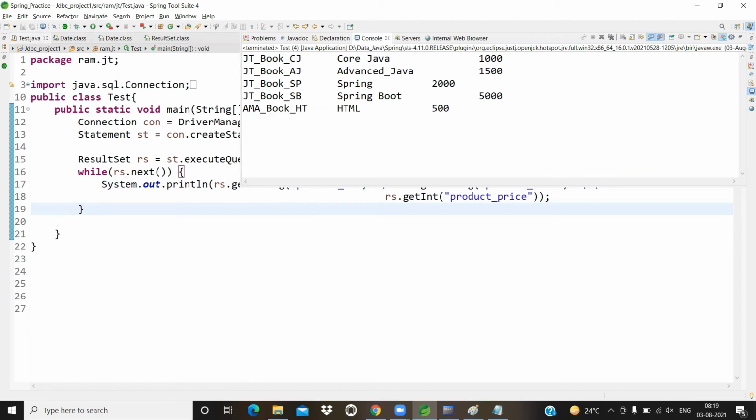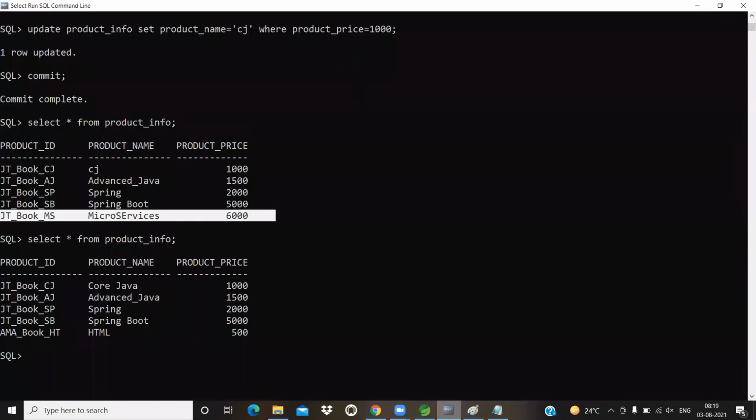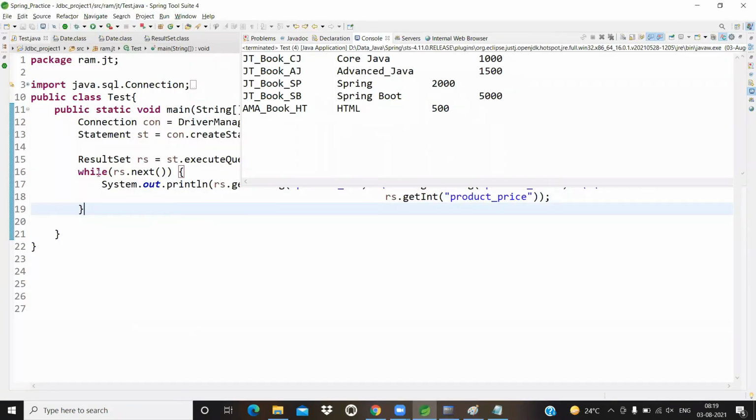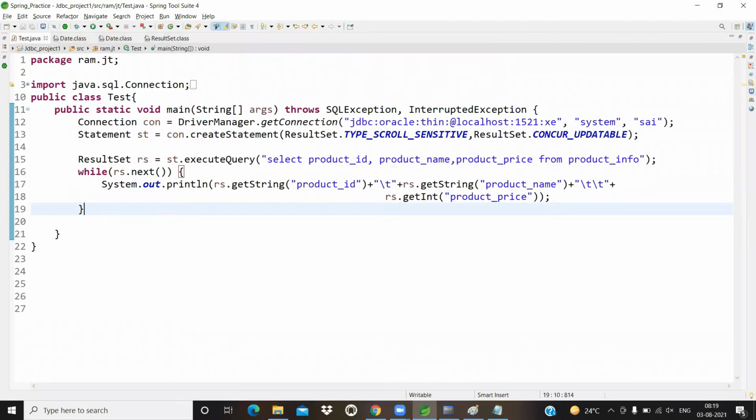Now let us concentrate. I want to update a record. What should I do? Which record do I want to update?